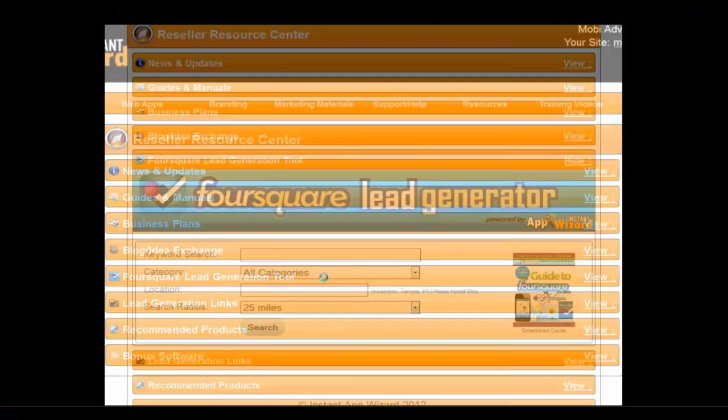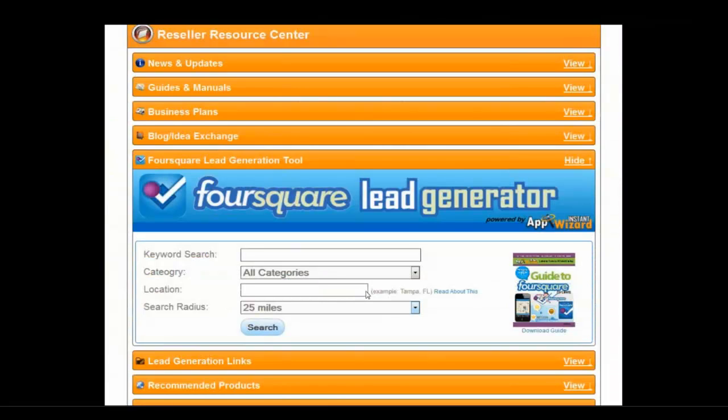Your Foursquare lead generation tool. This is extremely powerful. You'll want to go in and learn how to use that. I'll tell you, like I told the guys last night, you're not going to tear anything up by going in and playing with this control panel. Put information in there. Learn how to use it. Watch the videos. Come to the trainings on Wednesday nights. We're going to show you exactly what you need to do